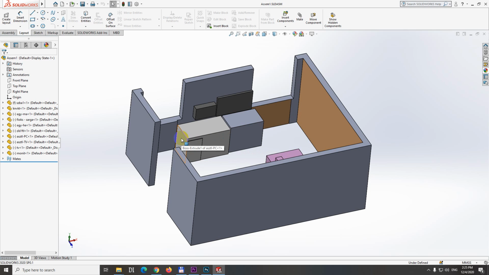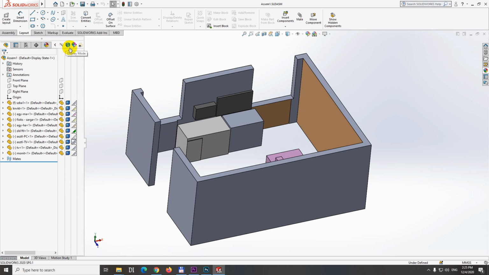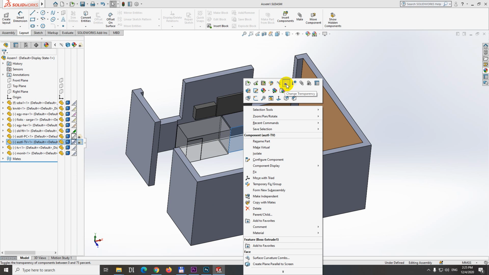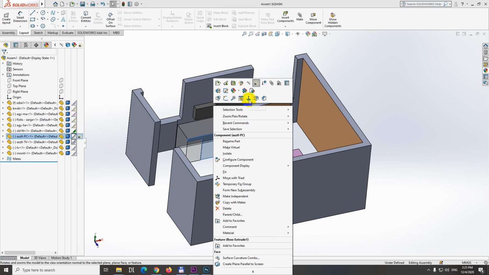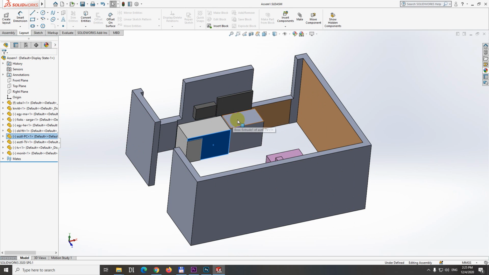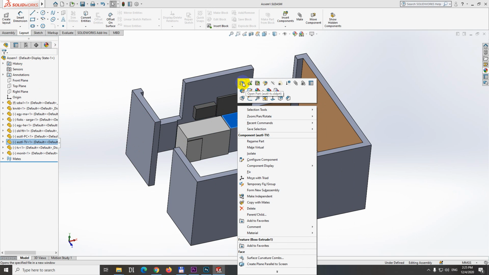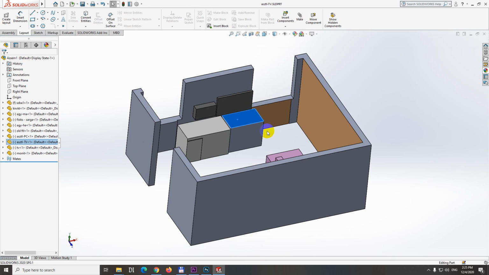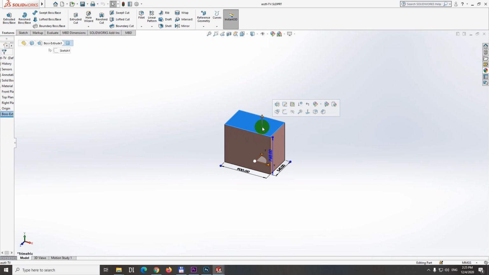Okay, so we have to use another method. By the way, you can use it from here also. So if I select that one, the last one is the transparency. That one and that one is transparent, and they are transparent. You can remove it from right click on it and change transparency. Okay, if I open the part itself and go to the first one, open part, then it's not giving me